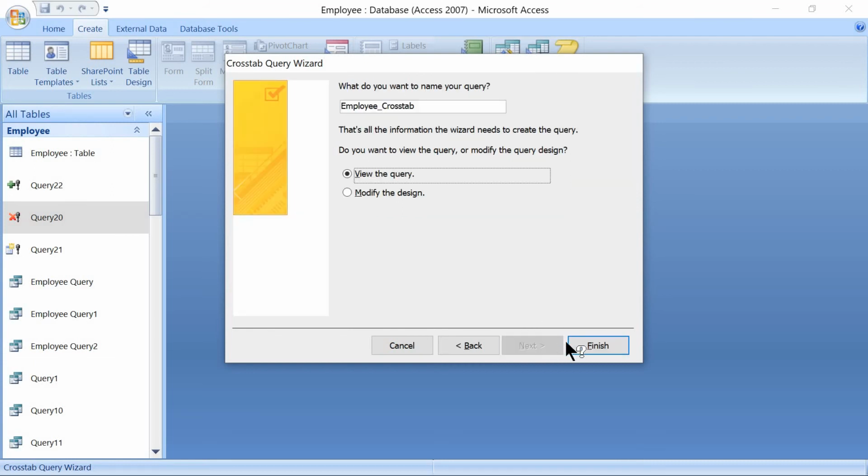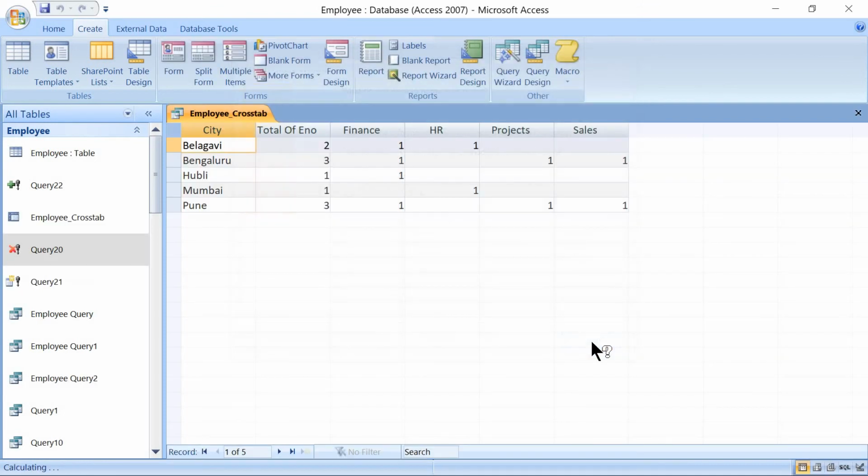Next, then finish. When we see this one, we will come to know that 2 employees are from Belagavi, 3 are from Bengaluru, 1 from Hubli, 1 from Mumbai and 3 from Pune. And here we can just see, when we see here Belagavi 2, 1 person is working in finance department, other person is working in HR.